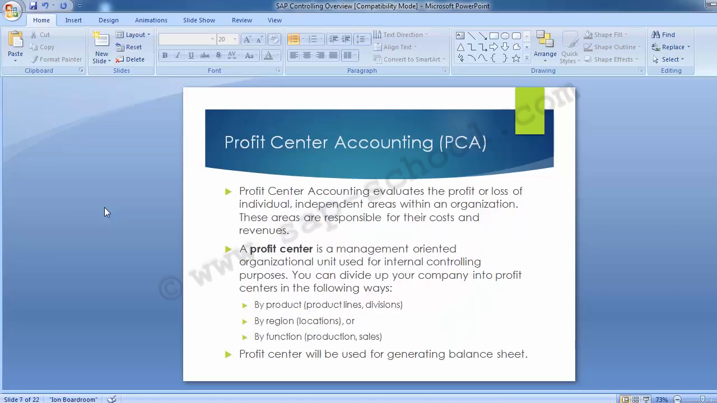Then profit center accounting. Profit center accounting evaluates the profit or loss of individual independent areas within an organization. These areas are responsible for their cost and revenues. A profit center is a management-oriented organizational unit used for internal controlling purposes. You can divide up your company into different profit centers in different ways, depending on the company and its scenario. Like